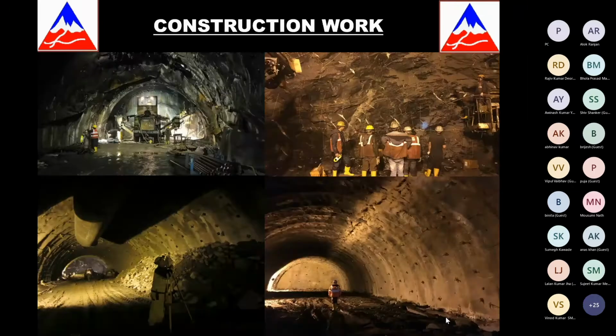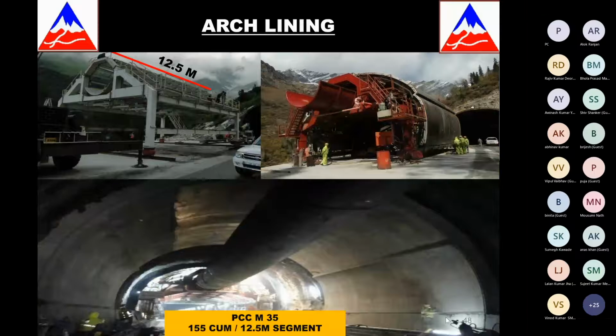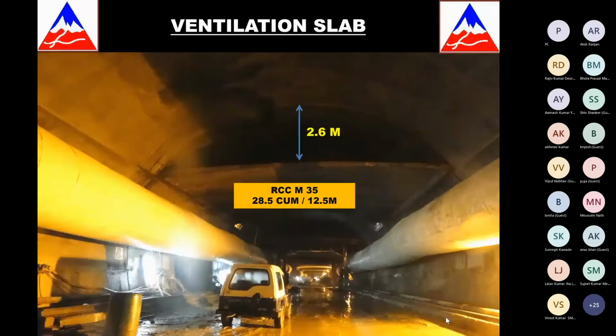You see in your pictures it's a huge cross section to work with. On the top left, you see a picture of when we were inside a nala. The arch lining was a 550 arch lining, about 150 to 170 cubic meters of concrete for every 12-meter section. There was a ventilation slab, a ventilation section of about 2.6 meters above that, because it was a 9-kilometer long tunnel without any adits or shafts. And we had to ensure that fresh air is available to all the commuters. So we had a huge cross section required for ventilation.